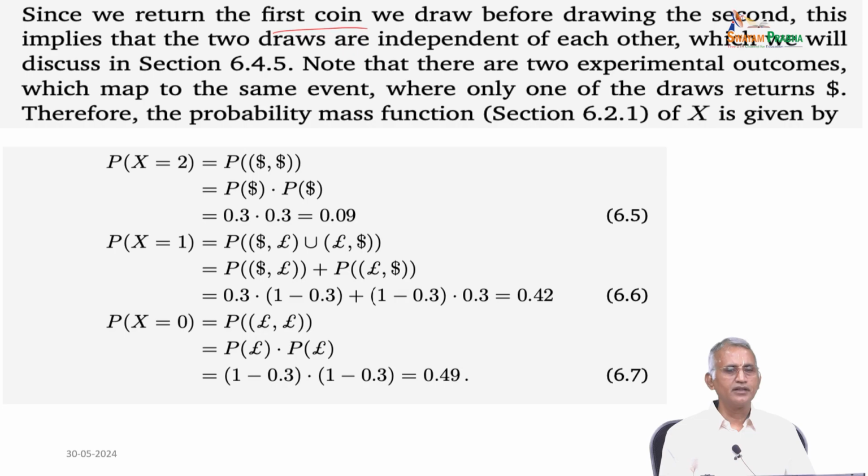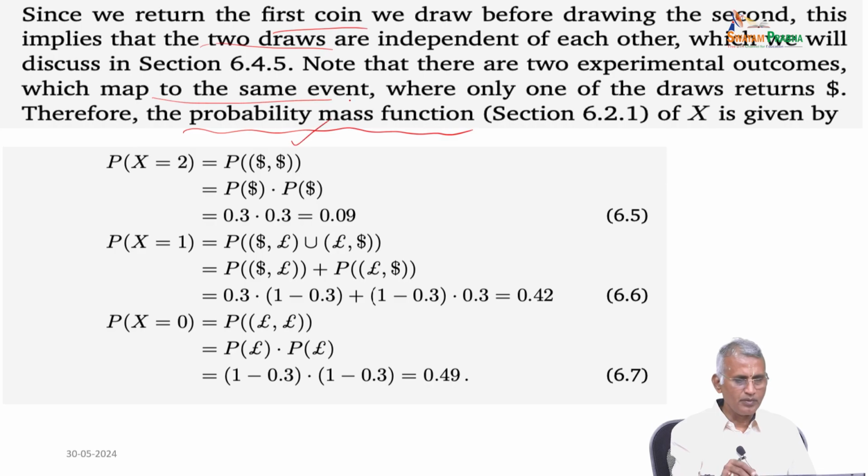This implies that the 2 draws are independent of each other, which we will discuss in the rest of the section. Note that there are 2 experimental outcomes which map to the same event, where only one of the draws returns a dollar. Therefore, the probability mass function of X is given by